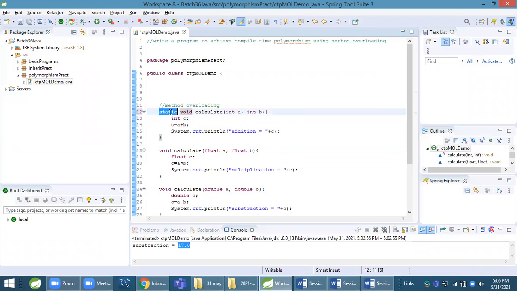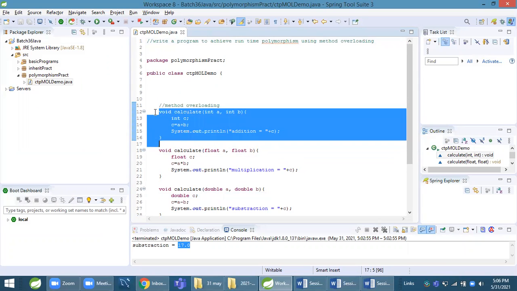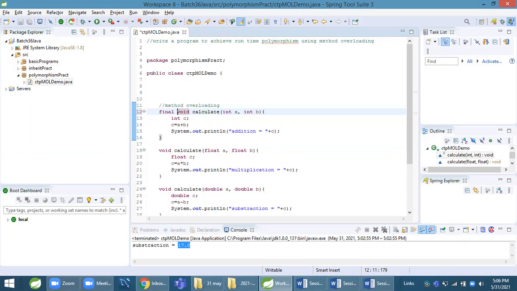When I don't write static or any keyword, that is runtime polymorphism. But when I write final or static or private keyword before a method, then that is called compile time polymorphism.